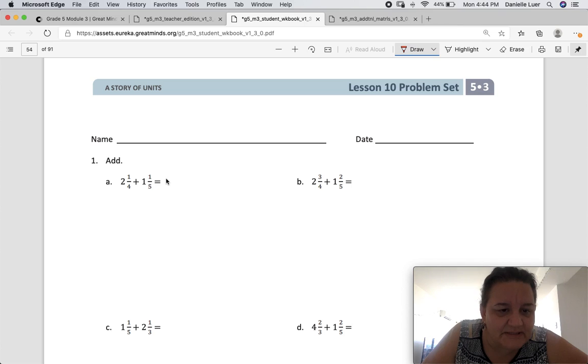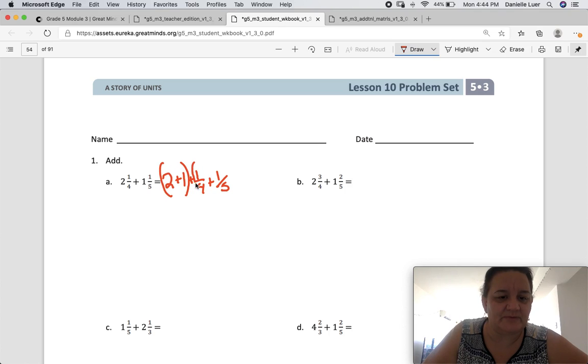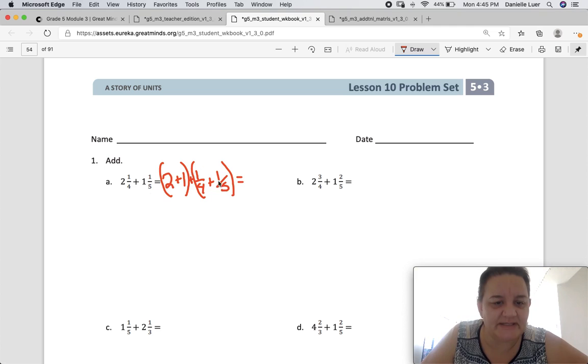First, I'm going to put this 2 here, plus 1, plus 1/4, plus 1/5. I don't know if that makes it easier for you. Sometimes it makes it easier for some people because then we can put some parentheses here, and then we can just tackle these two things separately, okay? Right? Okay, so let's tackle these